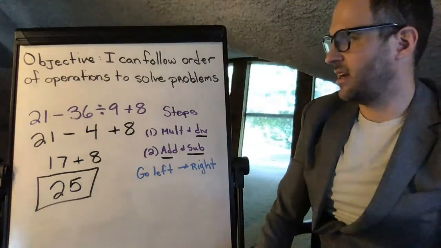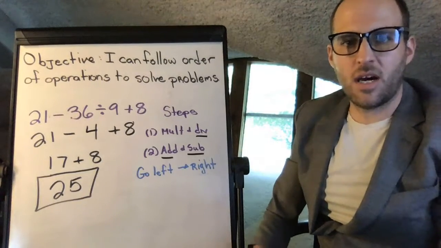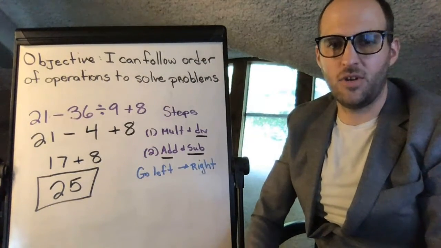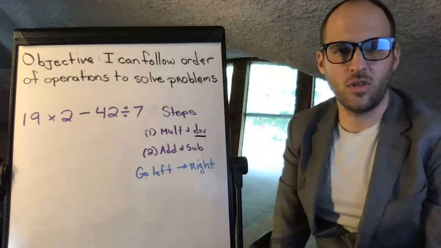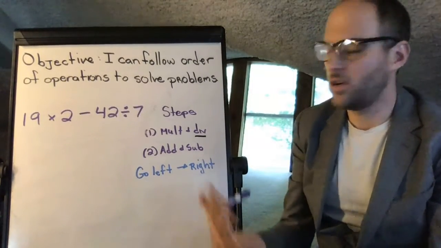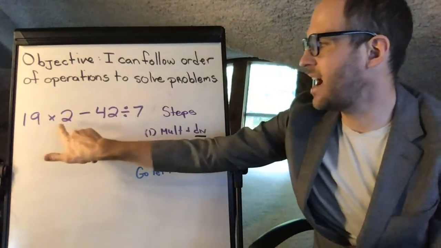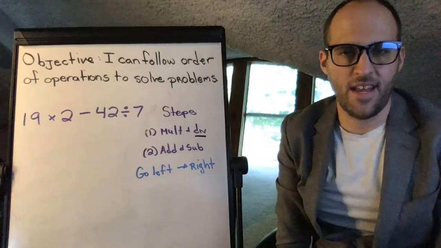And that would be my answer here. So let's do a couple of these similar problems on your own to see how you do answering these order of operations questions. So here we go, where the operations are now multiplication and division. Have 2 of them. 19 times 2 minus 42 times 7. Try that on your own